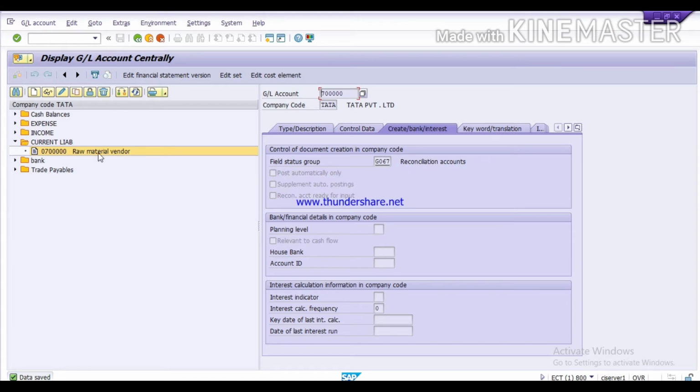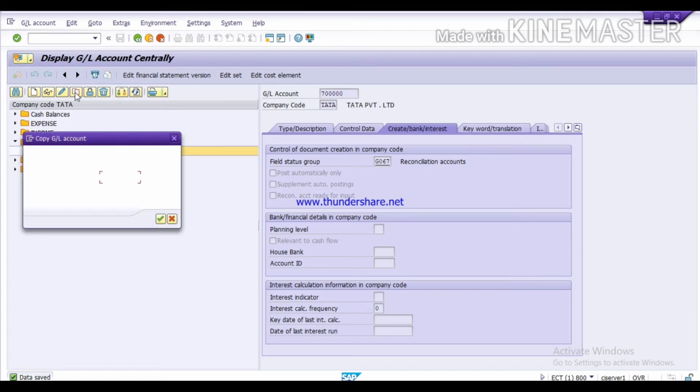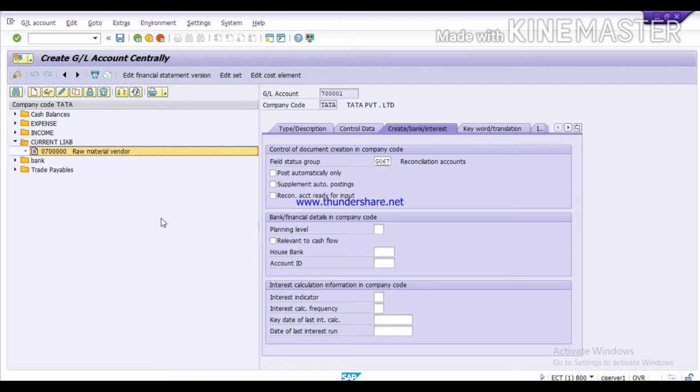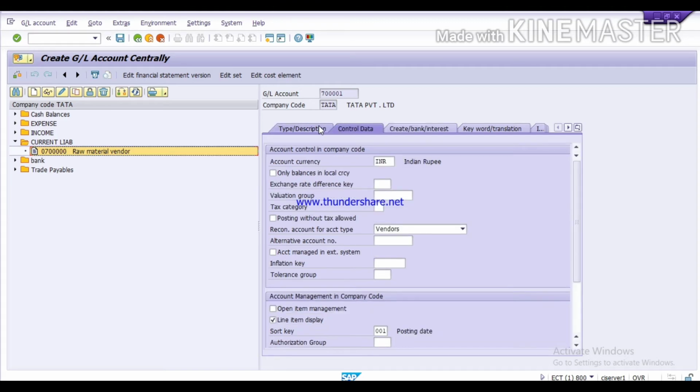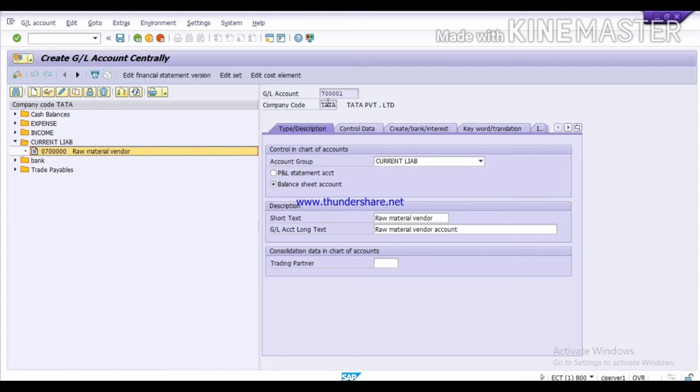Like this, you have to create vendor for service vendor also. So we will just select it and copy and change the GL number. So now it has copied, GL account number has changed. So we need to change only the description.